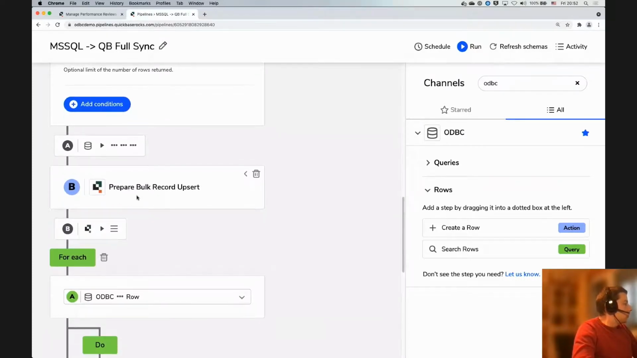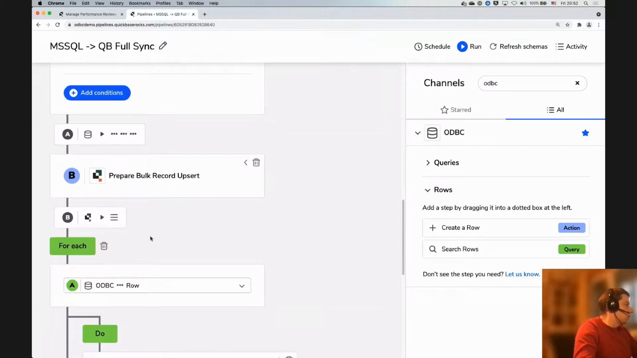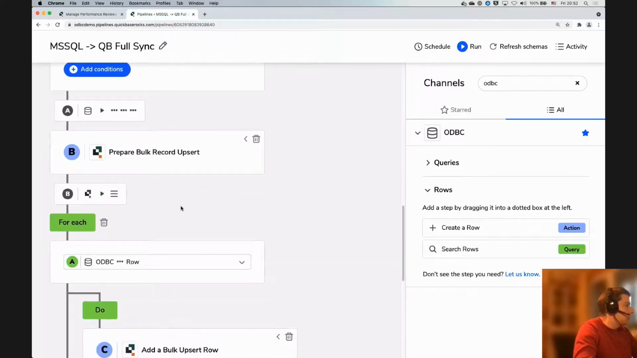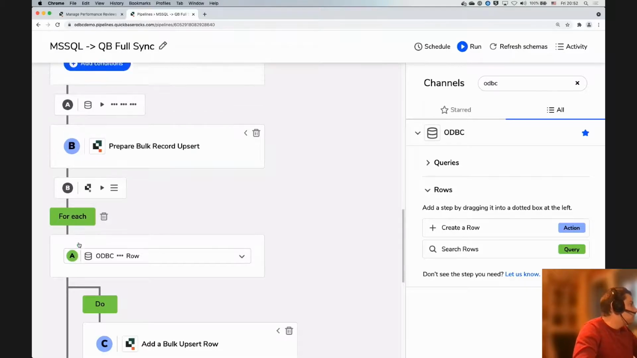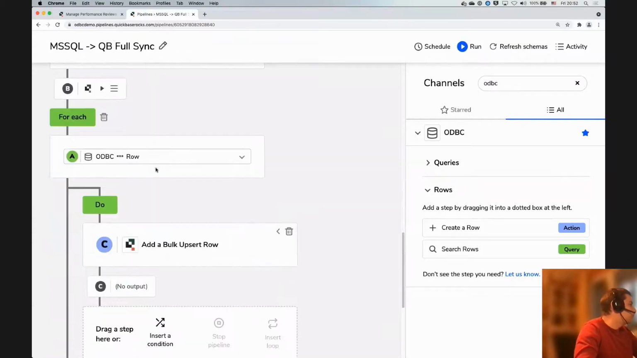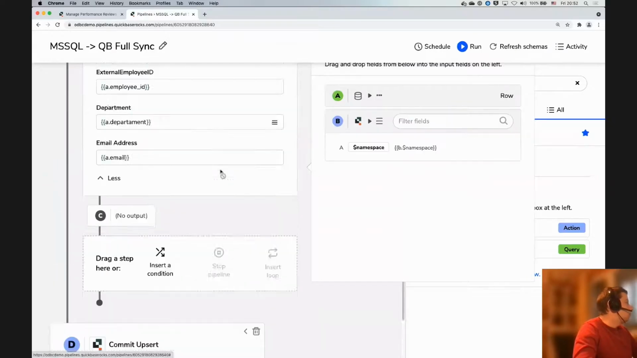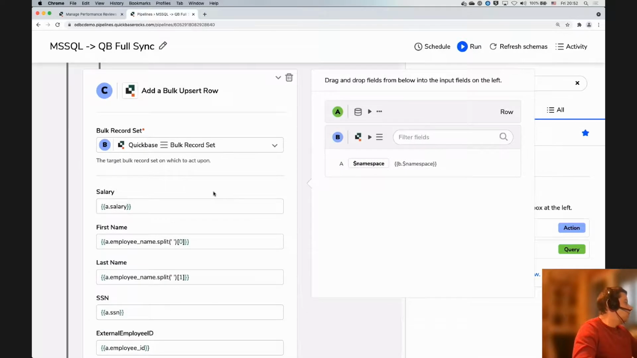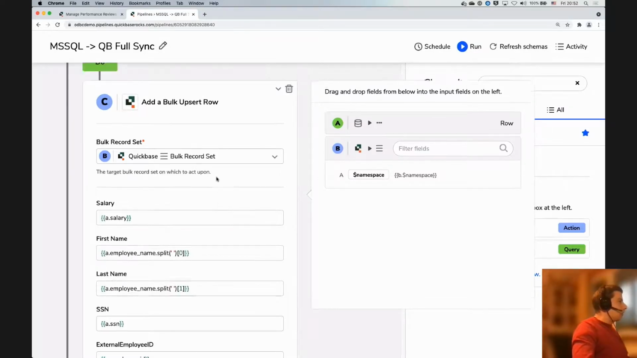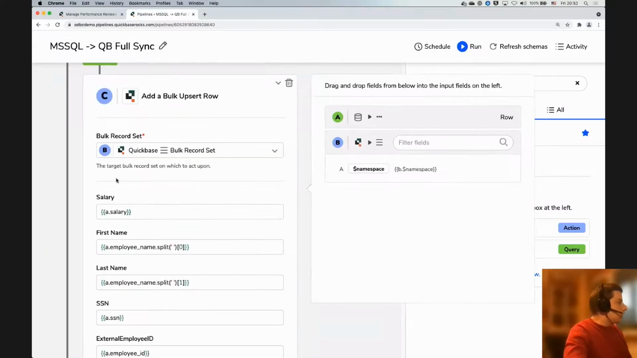Then we're on the next step. We are preparing a bulk import operation that will help us import the records as a bulk into Quickbase. And in a loop, we are iterating through the results of the query. Here in the body of the loop, we are able to specify and manipulate the data coming from the SQL Server database. And here we define the mapping between the fields in the SQL database and the fields in the Quickbase